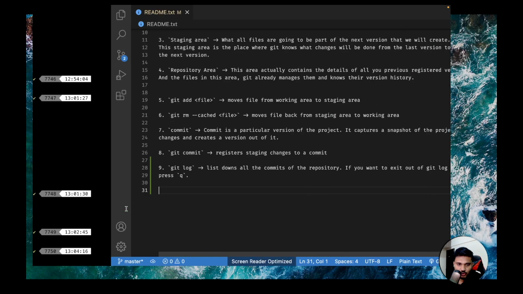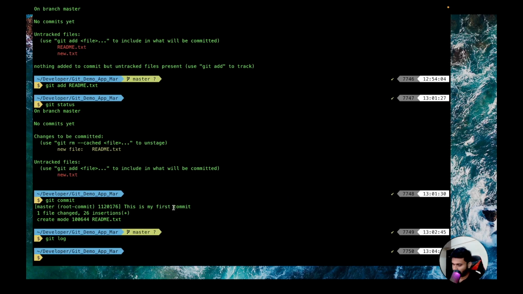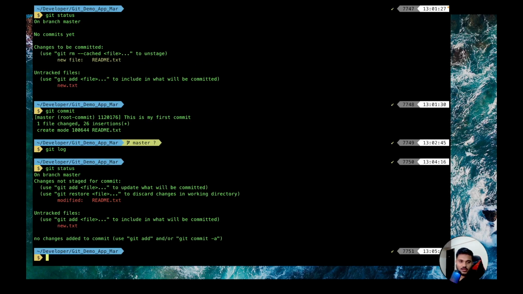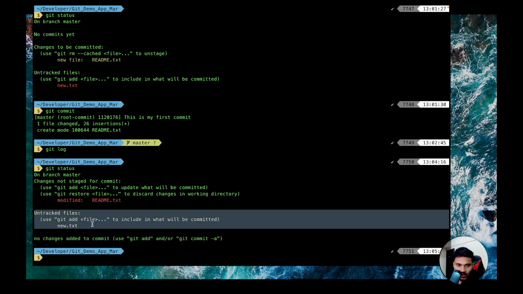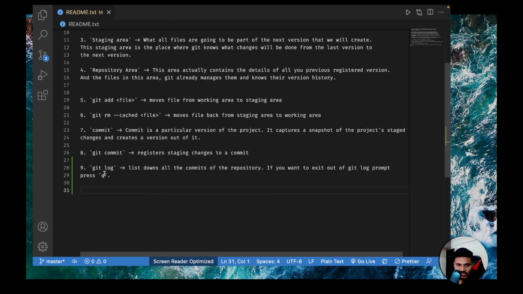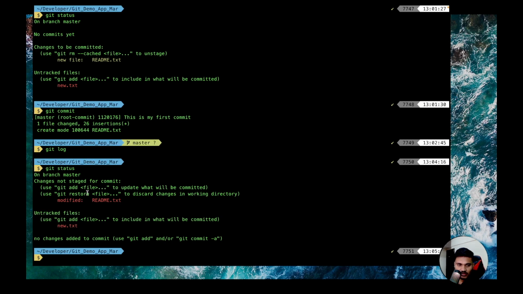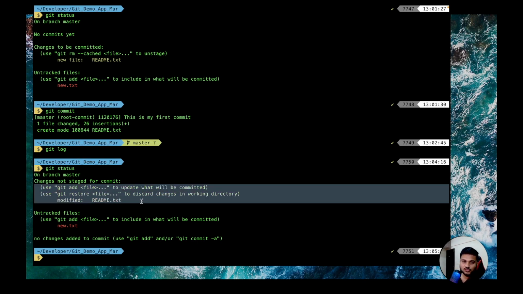Now the moment you actually add some more piece of code, let's see what happens. If you do git status, now technically, because readme was already added to the staging area and that part of the staging area is now committed, you can see when you again make changes to readme.txt, it is not untracked. See, it's already in the staging area. These are the changes which will be committed. So once you put things in the staging area and you commit it, whenever you make a change, those changes are already going to be in the staging area,